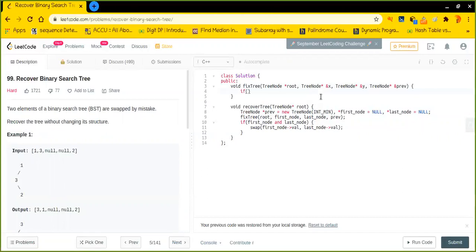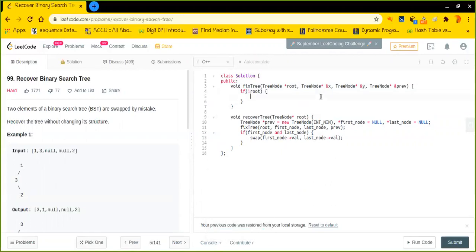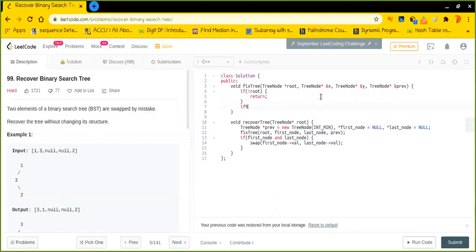As we are writing the in-order traversal, when we see that the root node does not exist, we will simply return back. And if we see that the value of previous is greater than the value of root, that means there is some problem.